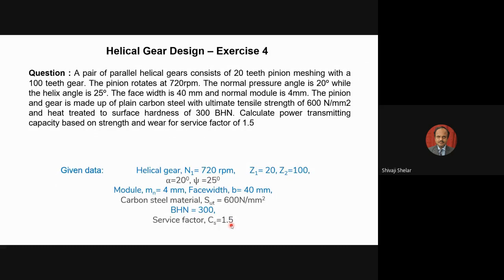So with respect to this given data, we are going to proceed, and only if any other data is required apart from this, then we refer to the PSG data book and select appropriate data. If this data is given in the problem and you try to select the same BHN value from the data book, then it is wrong. Or the same ultimate tensile strength value from BHN, then it is wrong. Whatever data is given in the problem, we should use it. And only if any additional data is required, then we have to go to the data book. Okay, let's go to the next slide.